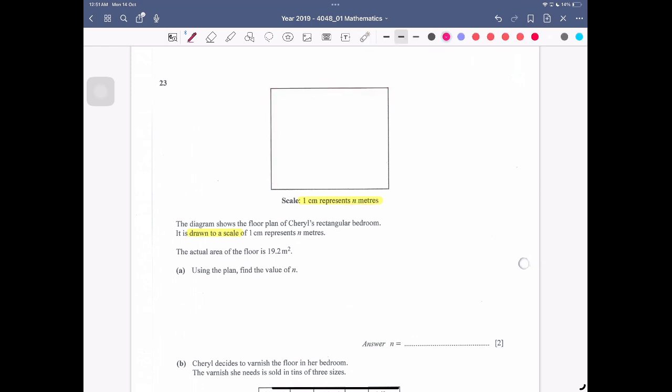So if you use your ruler to measure, you should get the length here will be 6 cm. Just use your ruler to go and measure. And if you measure this with your ruler, you should get the breadth here is 5 cm. Now, given that the actual area of the floor is 19.2 meters square, using the plan